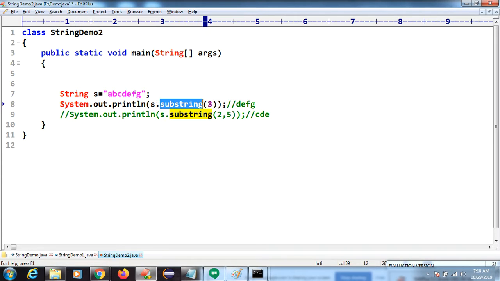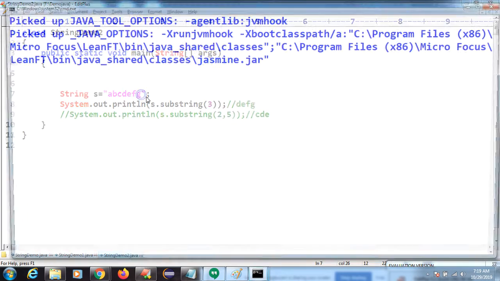We will get the substring. You can see I have given the index 3, then 0 1 2 3. So here the value will start here, 0 1 2 3. Till now whatever the value is there, so we will get here substring